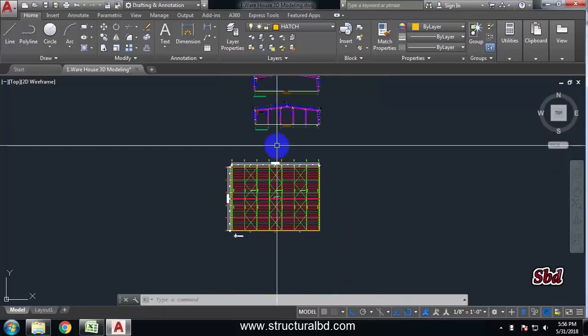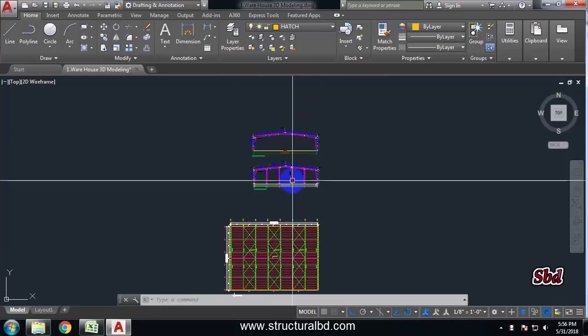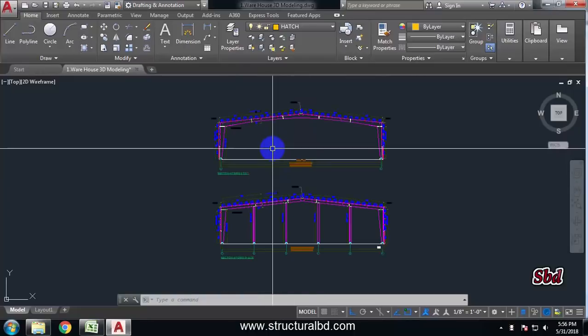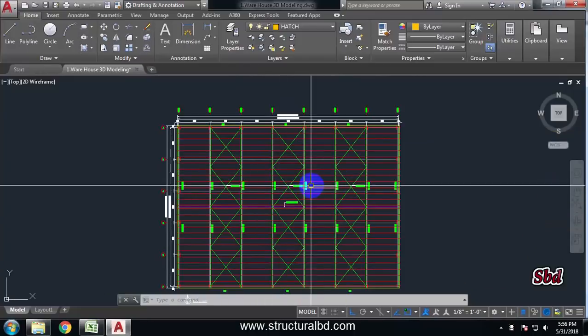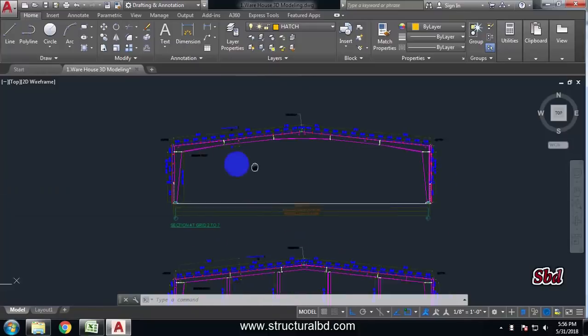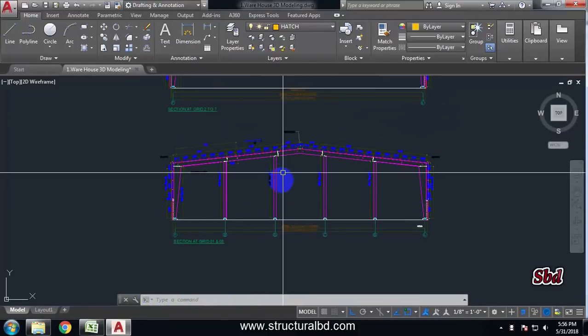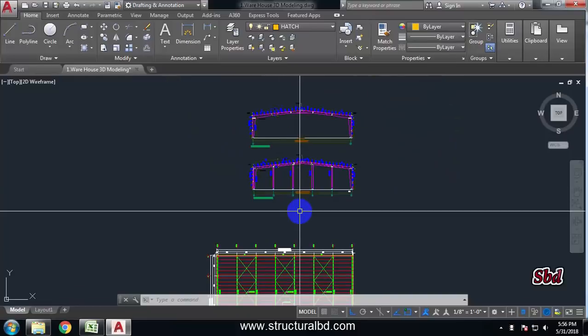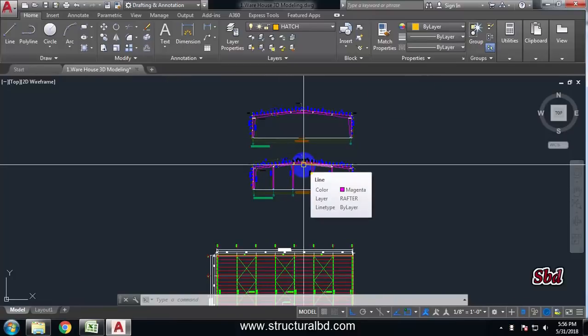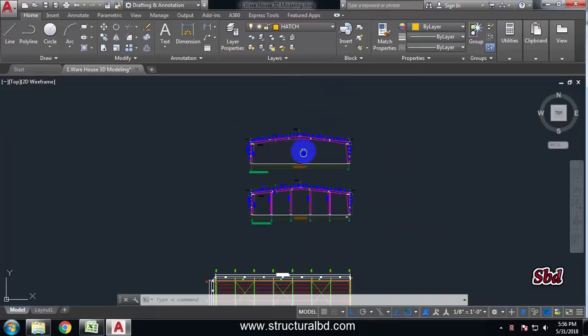In this particular video tutorial, I am going to show you a total three-dimensional analysis and design of this warehouse as per my drawing. This is my roof layout plan. This is my main rafter, main portal frame, and this is my gable portal frame. So I am going to show you using Staad Pro and also using build-up section step by step how to